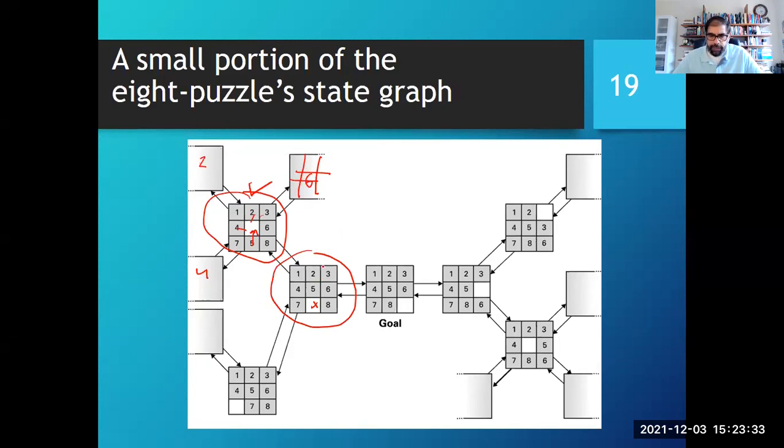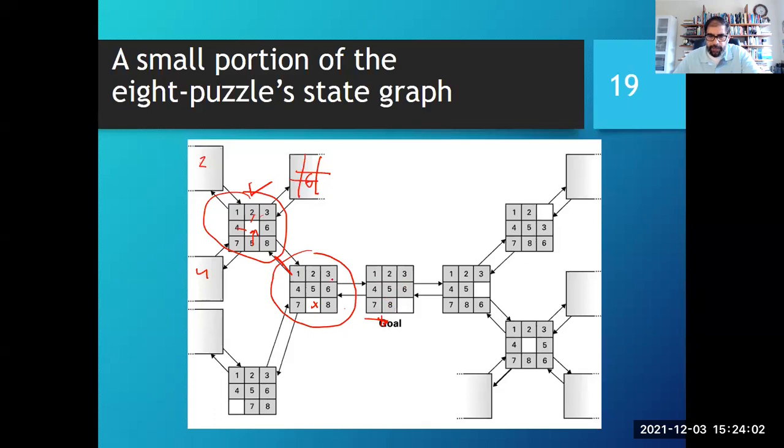And from this state, you can either go back to the previous state by pushing 5 down. If you push 5 down from this state, you will go back to this state with this arrow, right? But if you move 8 into this vacant block, then you will move into this goal state, which is the desired state, because the computer will recognize that now all the tiles are in sequence, 1, 2, 3, 4, 5,